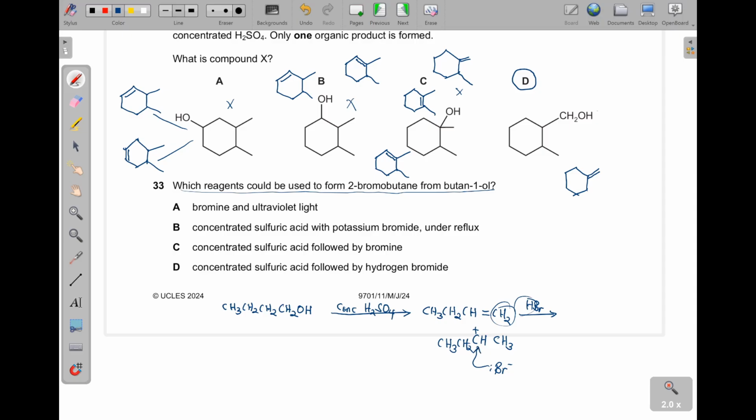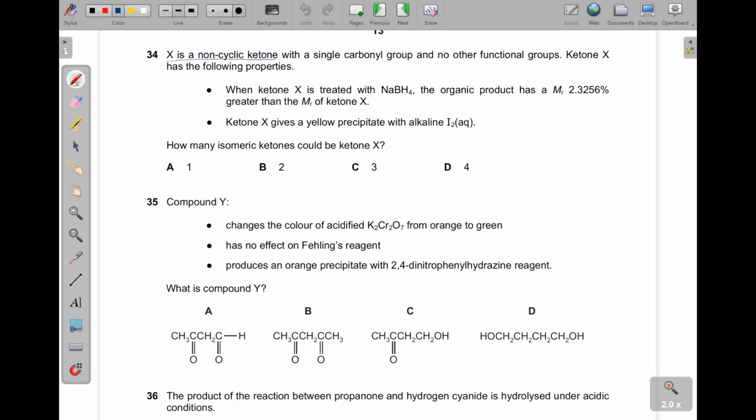This will be the stable carbocation because it is secondary. There is positive inductive effect here, so there is the CH3 and then the CH2 here. Okay, they make it stable. So meaning we are going to get CH3CH2CHBrCH3. Okay, so it has to be followed by hydrogen bromide, and therefore the answer becomes D. Question 34. X is a non-cyclic ketone, that means it is straight chain,